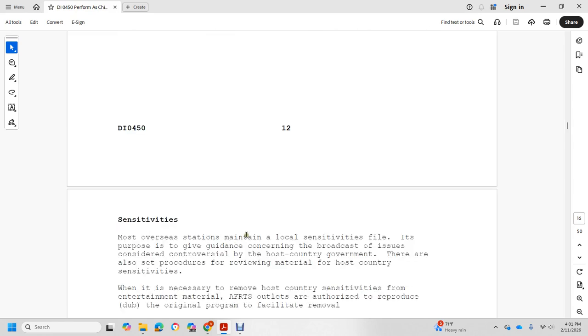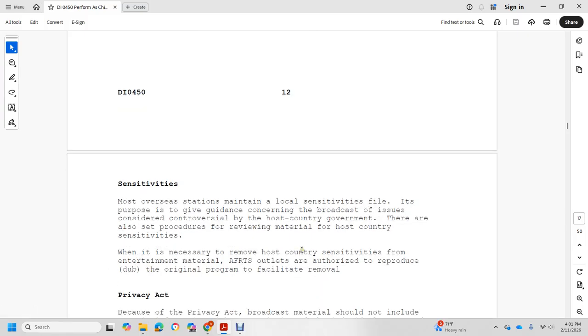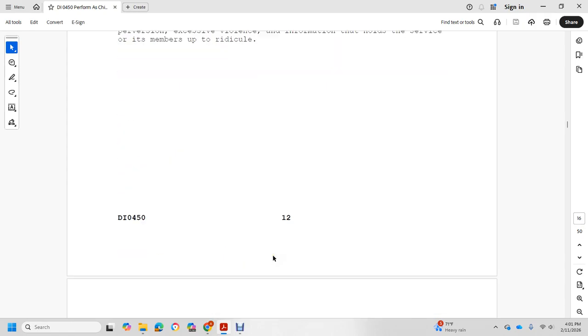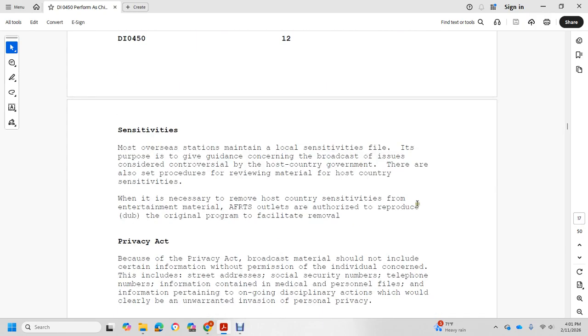Most overseas stations will maintain a local censorship file, but it is for the purpose of giving guidance concerning the broadcast of issues considered controversial by the host country government. They are also set to proceed with reviewing material for host country sensitivity. When it's necessary to remove host country sensitivity from the entertainment material of the Armed Forces Radio and Television,